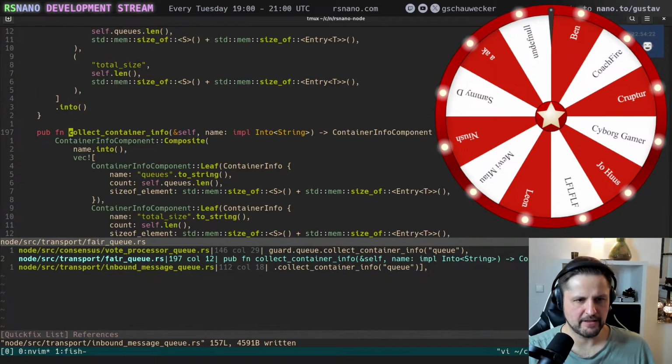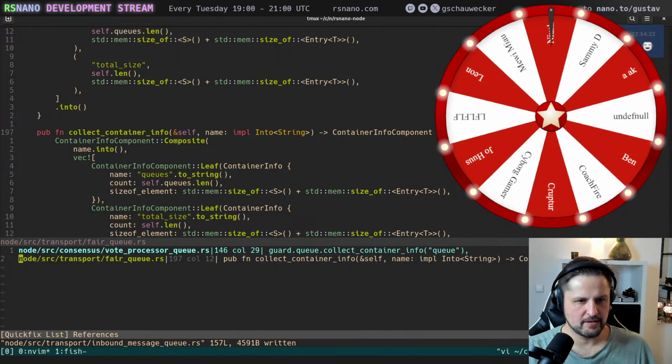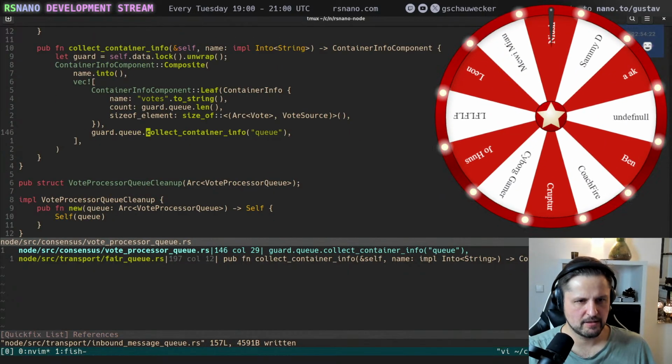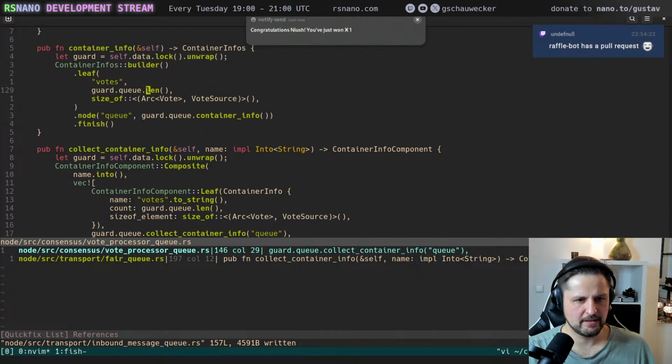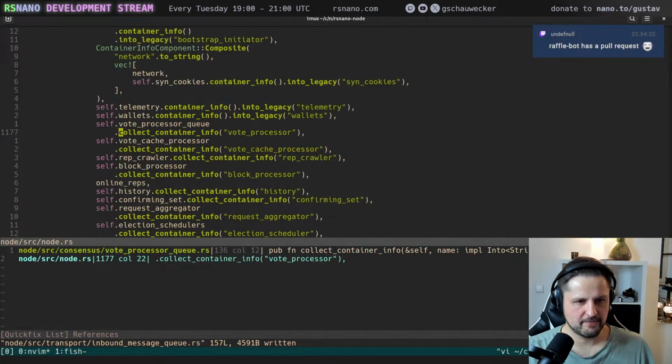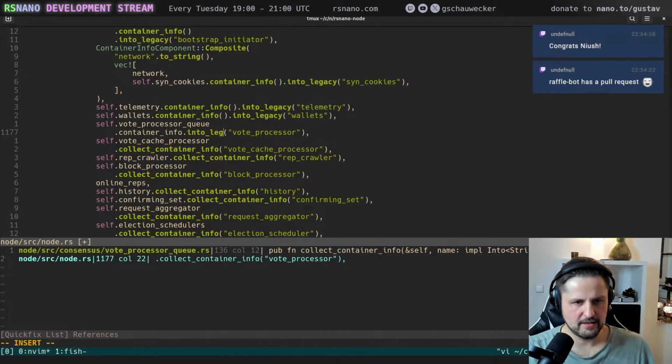Okay. Want to run the tests and commit. Code processor queue. This is the old implementation. We still use it here. But here we have the new implementation. So let's fix this. Code processor queue dot container info into legacy.